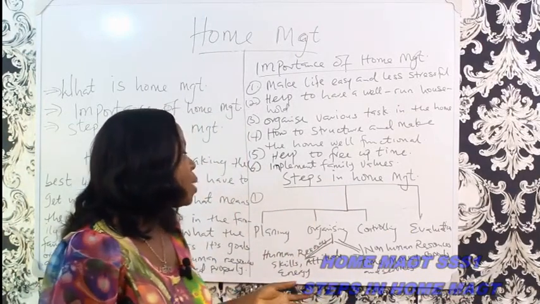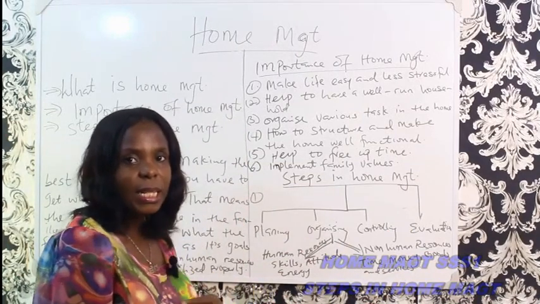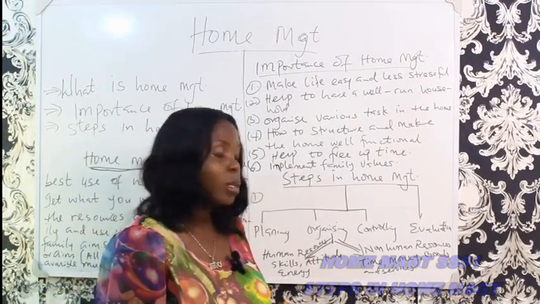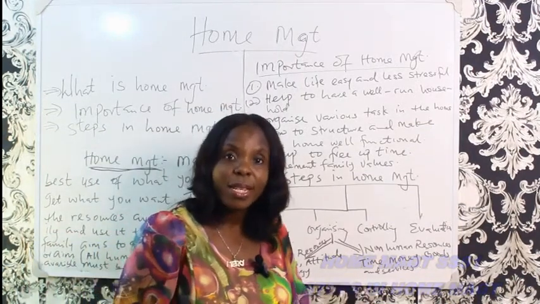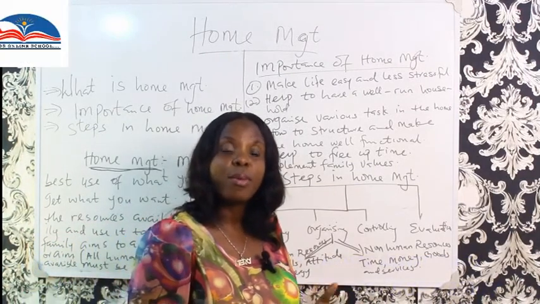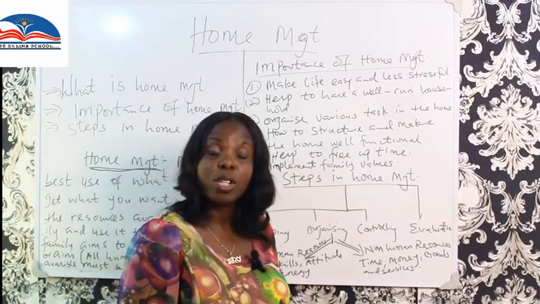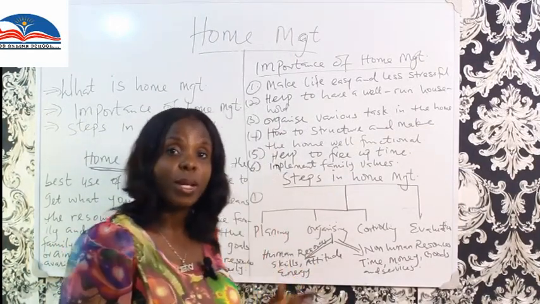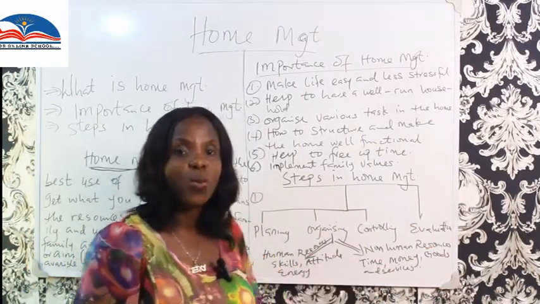And so in home management, 4 things are involved. You have to plan how the home is going to be run. You have to organize how those planned objectives have to be met. You have to supervise and control how we can be able to achieve the planned and the organized projects or activities that have been stipulated. And then you look back, evaluating, did these things work?